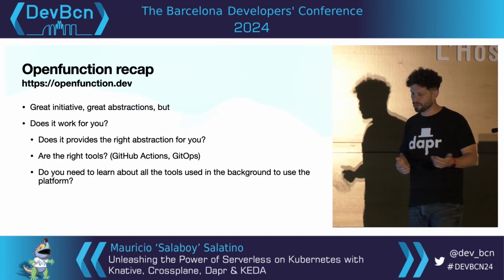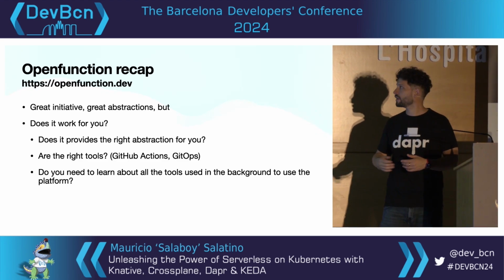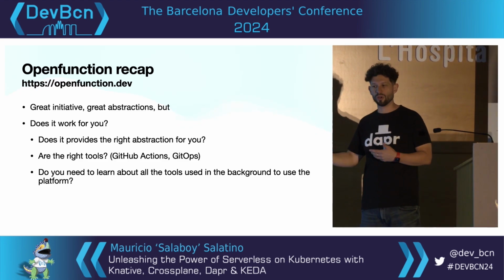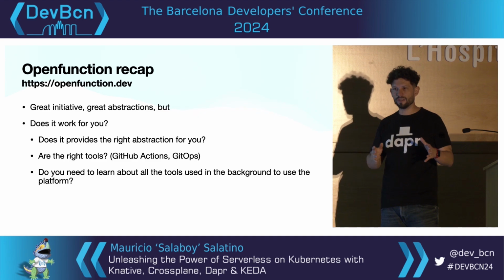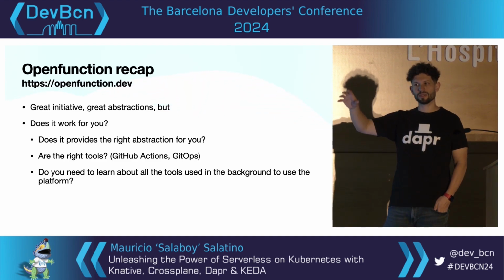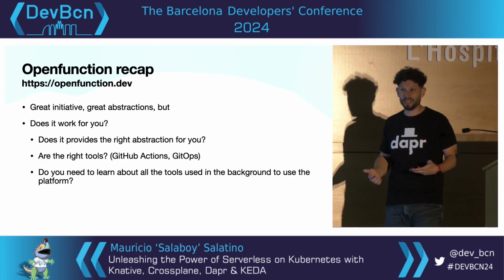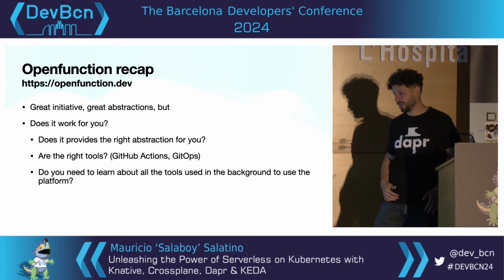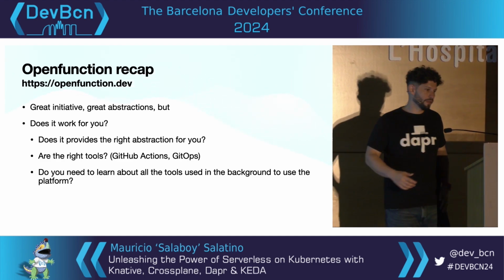And I see people using GitHub Actions to build their containers and then using GitOps to do the deployment of things. So having this tool where you send a resource and you just get something built in the cluster and deployed in the same cluster might not be the right thing for you for several reasons. So, it's a trade-off, right?